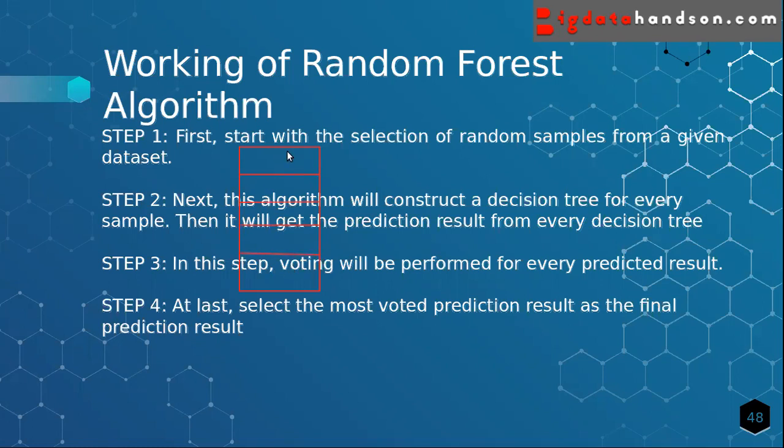The samples have, for example, if you have five features in your data, the first sample can have two features, and the next sample may have three or four features. It's selected randomly. Okay, so the sample is selected randomly, right? And then this sample is given to the first decision tree, and this sample to the second decision tree. All the decision trees have different configurations.